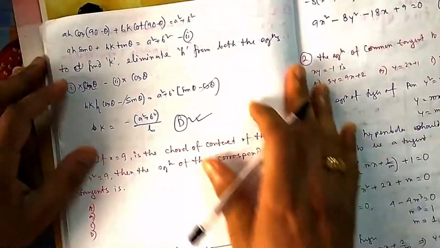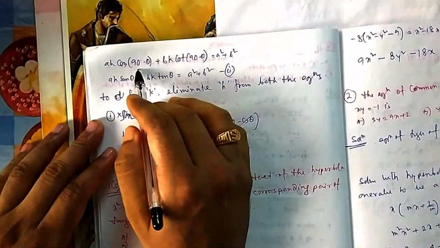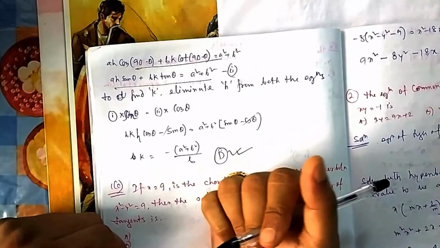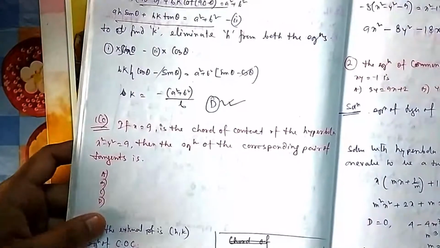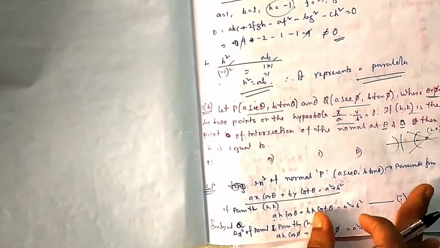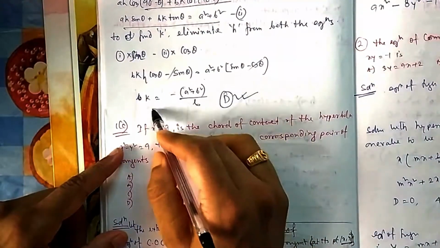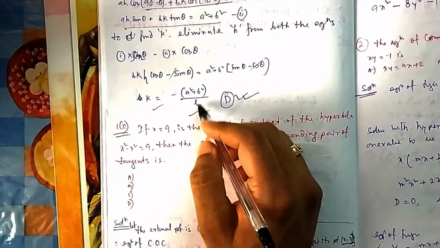Also given theta plus phi equal to 90 degree, so you will represent phi by theta, so that only one parameter is there, only theta. So this is the second equation. So solve both equations, find k. You just eliminate h. To eliminate h, equation 1 must be multiplied by sin theta and 2 by cos theta. If you multiply this one by sin theta, then h sin theta cos theta, and if you multiply this one by cos theta, then it is also h sin theta cos theta. If you deduct, then your h will be gone, you will be left with k. You can see that theta will also be gone, so your k coordinate you can easily find out.